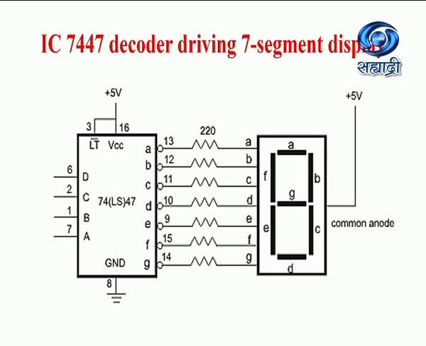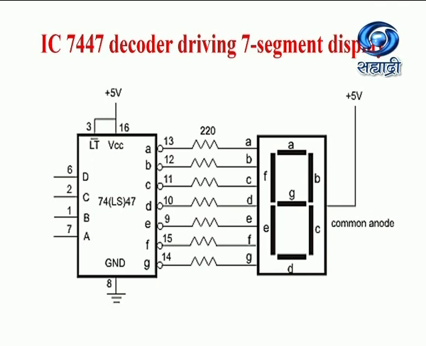So the BCD to 7 segment decoder IC converts to segments A to G, which are connected to pin numbers 13, 12, 11, 10, 9, 15 and 14. They are connected to the 7 segments A to G, and if you apply BCD input as 0, 0, 0, 0, it will convert into a 7 bit output, which will display the number 0 on the 7 segment display. Here a common anode display is used, that's why the common anode is connected to the plus 5 volt. So basically this circuit is used in the experiment also in the 12th standard exam.